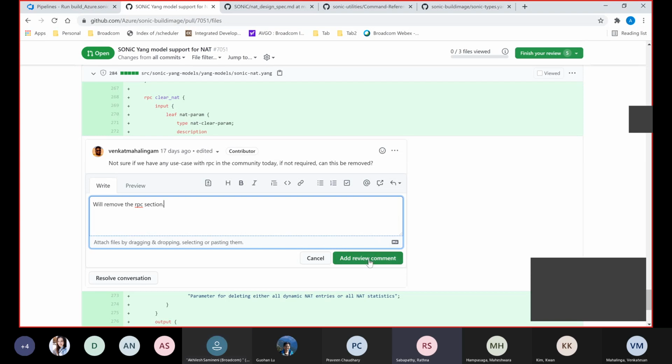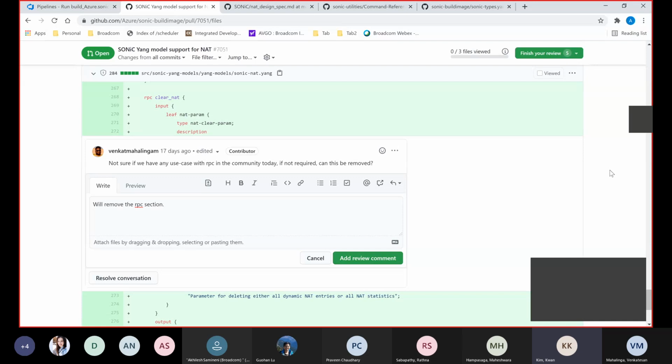What is the purpose of RPC? RPC is an action, right? So there are two statements in Yang 1.1, Guhan. What is an action? An action is not about configuring something, but you do something like a reset system, for example, or clear. Okay, alright. Default, yeah, clear the configuration back to the default ones, for example. There are multiple things like that, right?